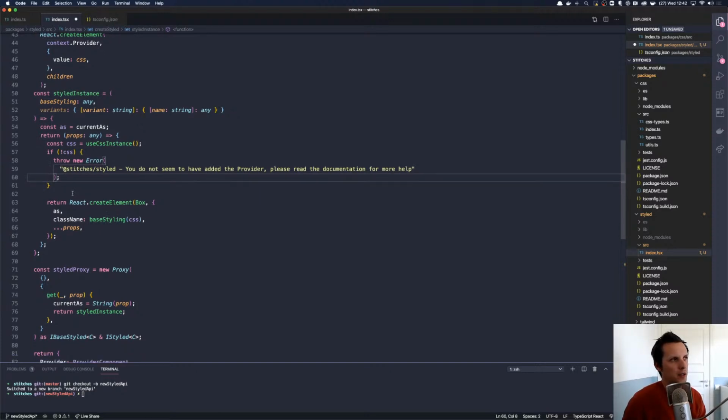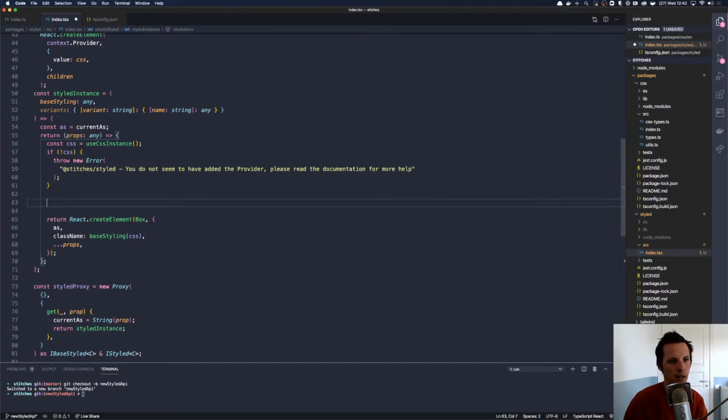Okay, so the question is what do we do with these variants? First of all, when do we create them? Typically when I'm a little bit unsure how to do something, I just start implementing with one approach, and then it typically becomes more clear to me how to do it. So at least we know we want to point to the variants,